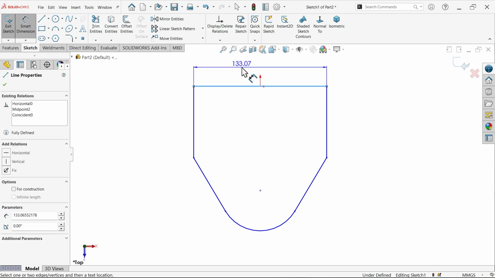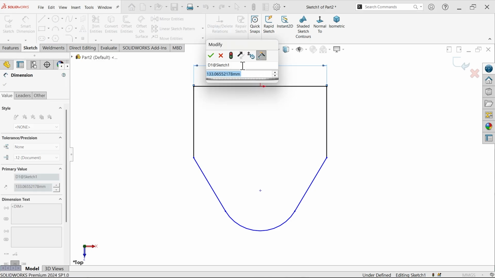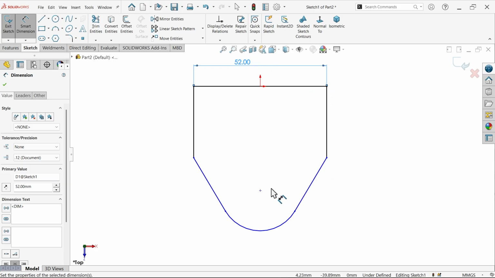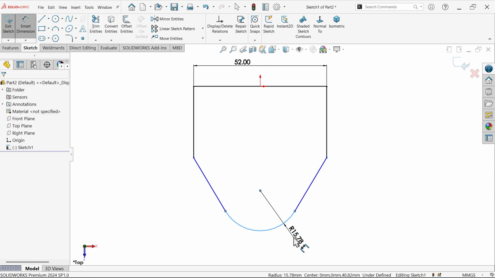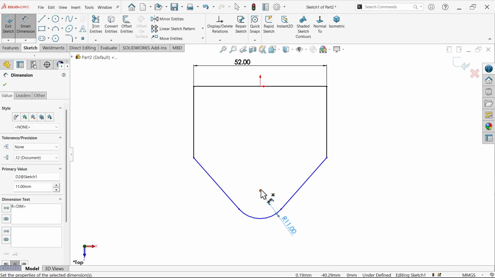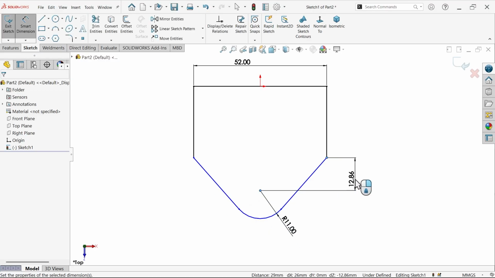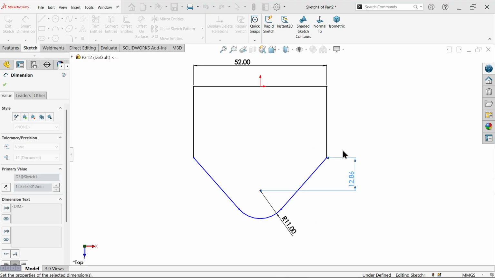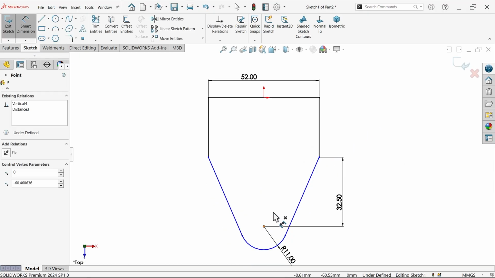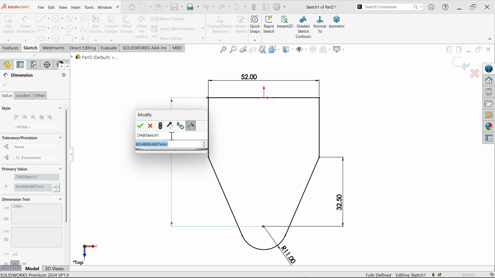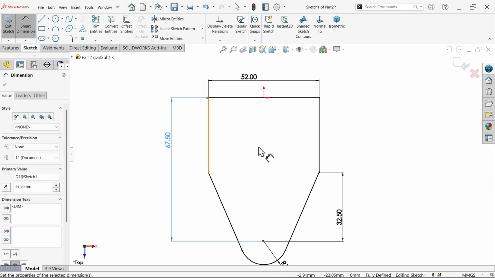Smart dimension. Now this dimension is going to be, let's say, 32.5 into 2 minus 6.5 into 2, enter, 52. Now this distance is going to be 11. Now distance from here to here 32.5, and distance from here to here 52.5 plus 15, and see,